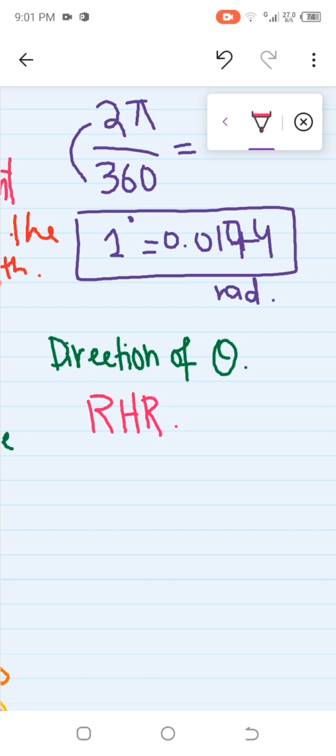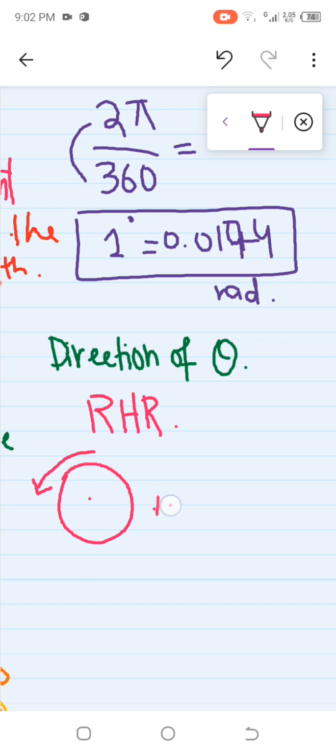Here we have one circle with a center, and if the direction is anti-clockwise, so if it moves like this, it will be